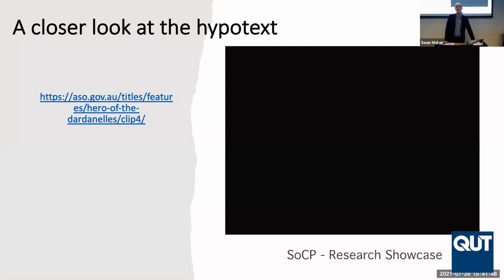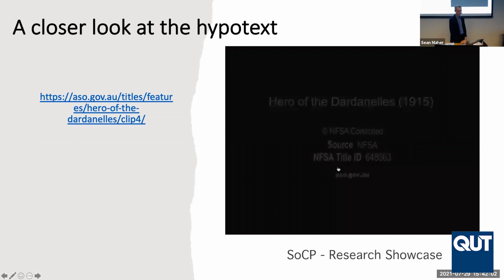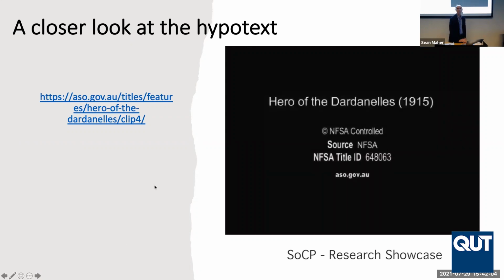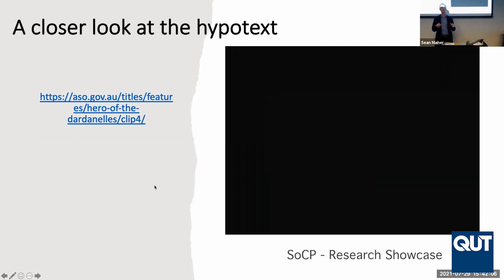Now, this is from the Australian National Film and Sound Archive. It's a fragment of a film. Most of the film was lost, and it's been reconstructed. So I'll just give you a bit of a sense of what it looks like. It's got some really hokey music associated with it, because obviously it was a silent film. It would have been